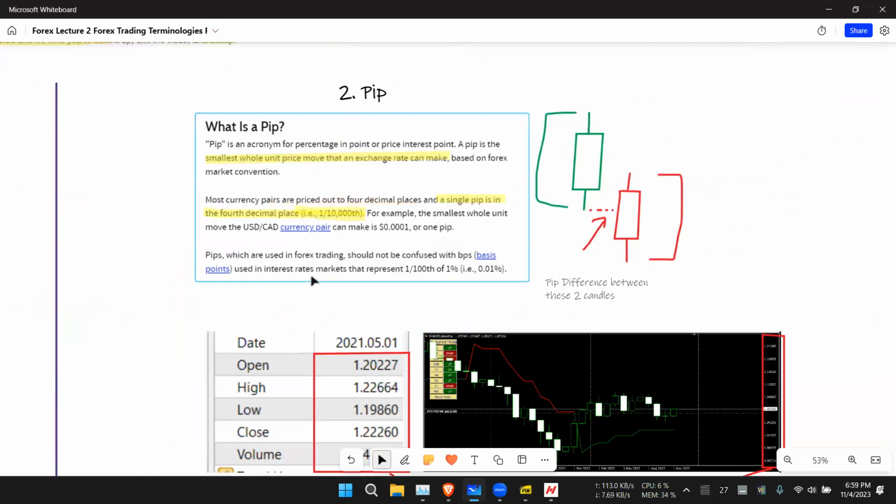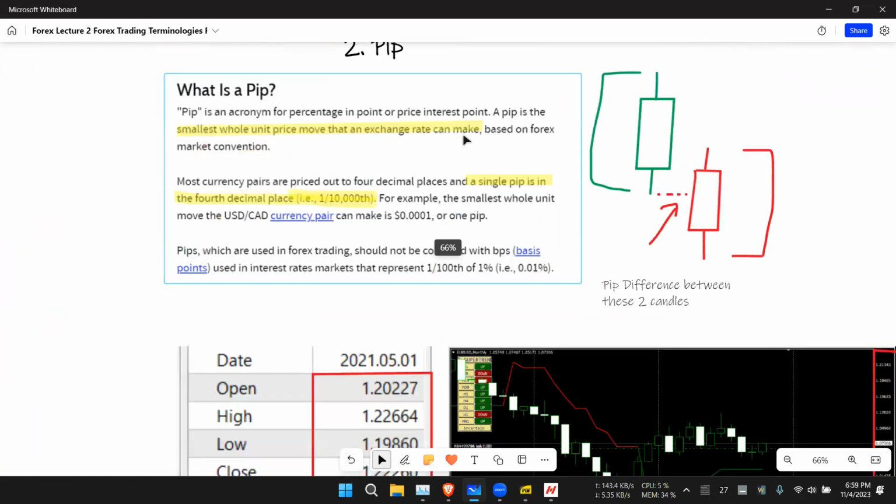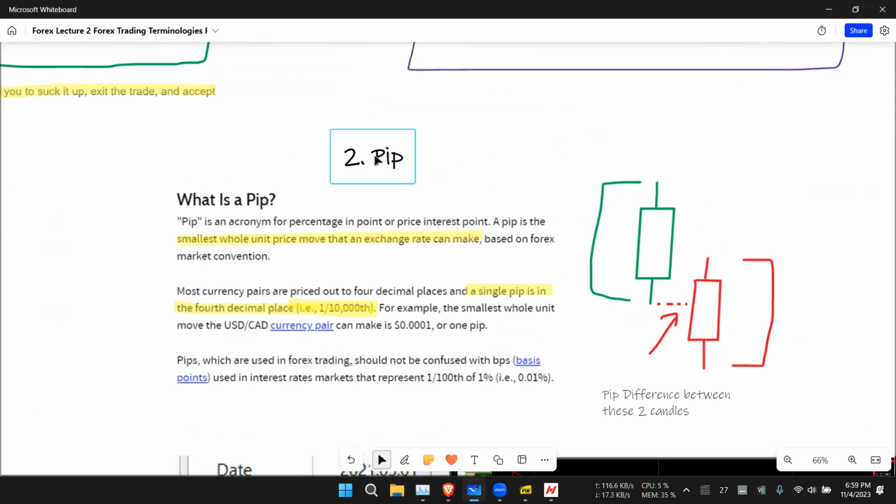Okay, now let's move on to what a PIP is. This is a very, very important concept as well, and it's a very easy concept as well. For example, the thing is,